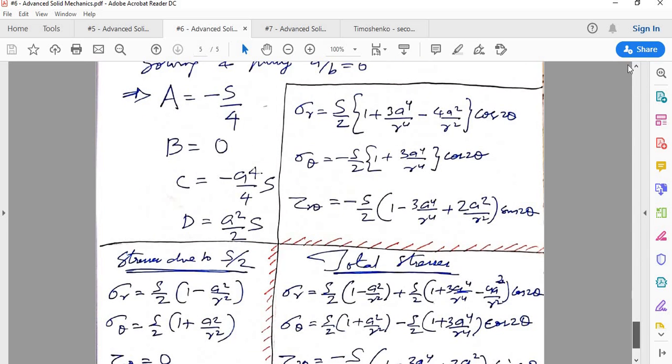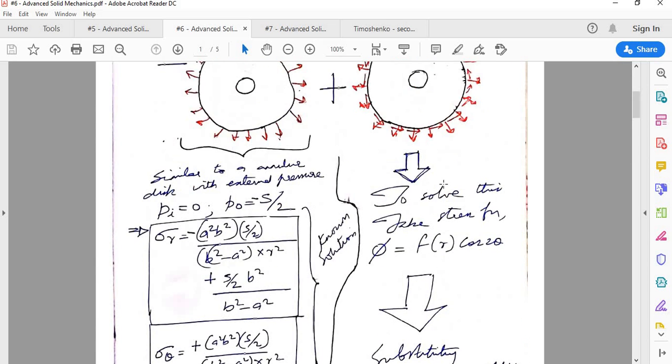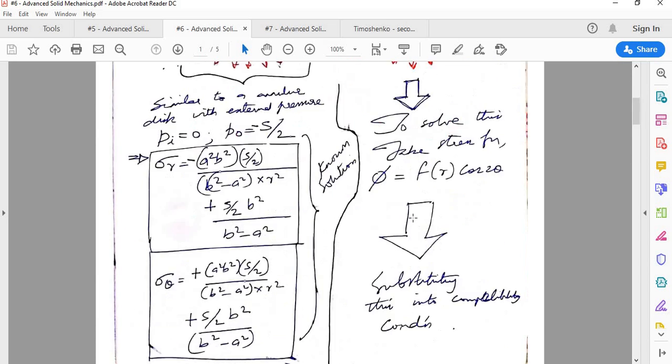Now I can again ask, a circular plate is subjected to the following load. I can give you a case where there is no shear stress and only this normal stress, or I can give you only the shear stress and no normal stress. All those things are possible. So how will the derivation change if I do that? Well, if you look at the solution,